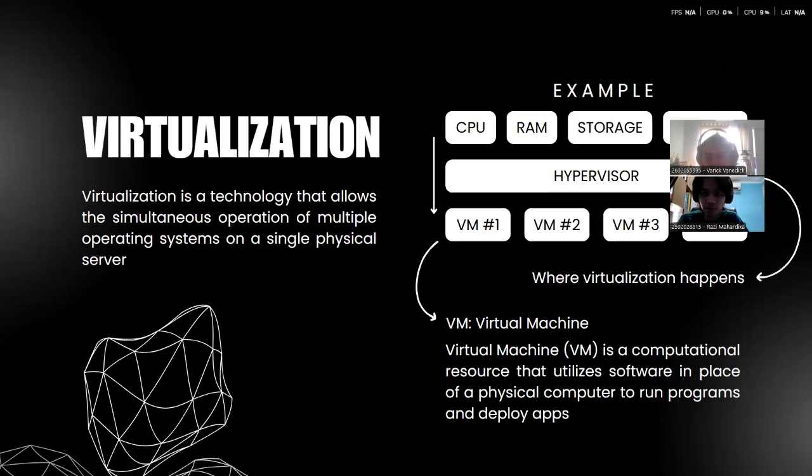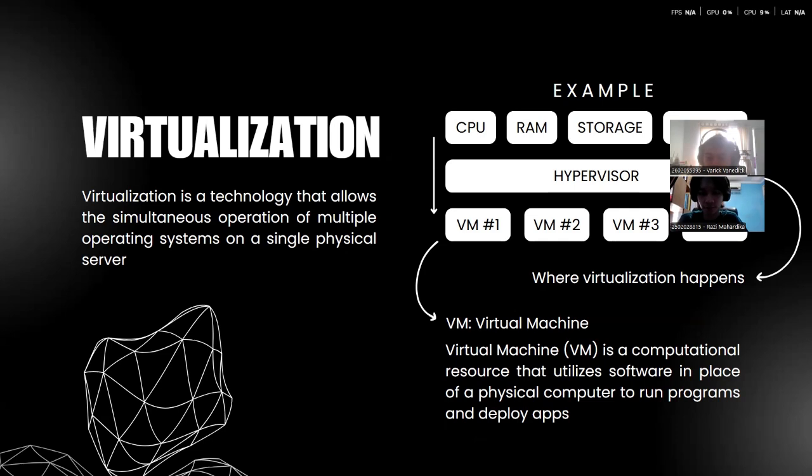Here on the right side, we have a graph that shows how virtualization works. On the top layer, we have the CPU, the RAM, the storage, and the network, which represents the device or server that we intend to create virtual machines on. Then, these four resources are fed into a hypervisor. The hypervisor is actually where the virtualization happens. Once the hypervisor is done doing its job, we can see multiple virtual machines, or VMs, being made available